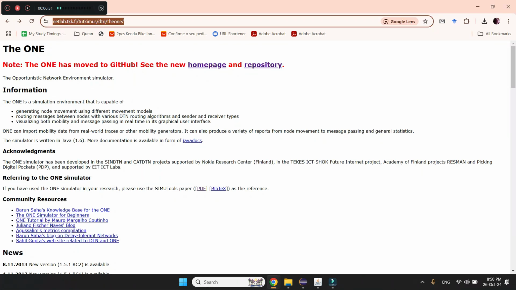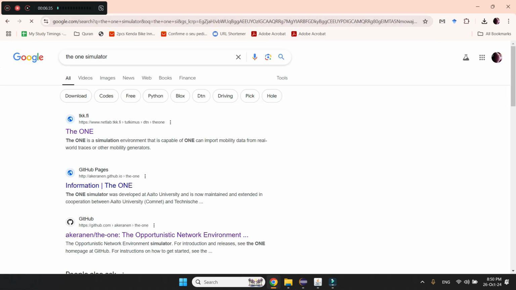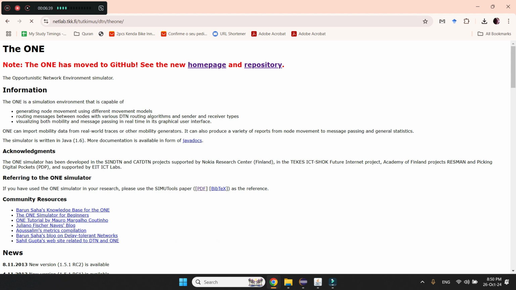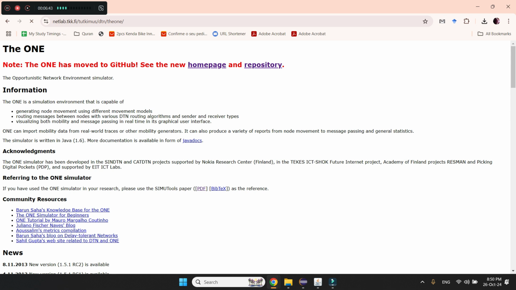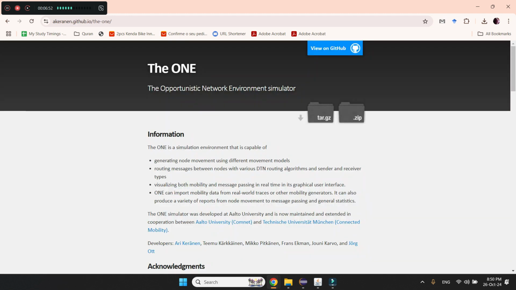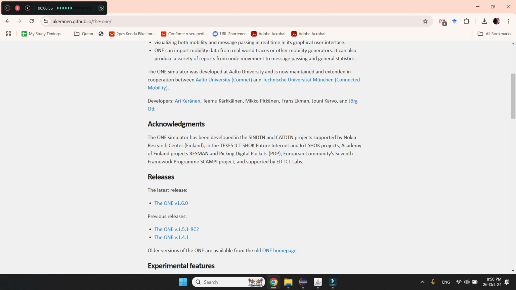When we search on Google for the one simulator, this is the first page that is returned. So this is the page that I just showed you, and here it is mentioned that the one has moved to GitHub. See the new home page. Now if I click on this home page, I can see that we have this one simulator ready for